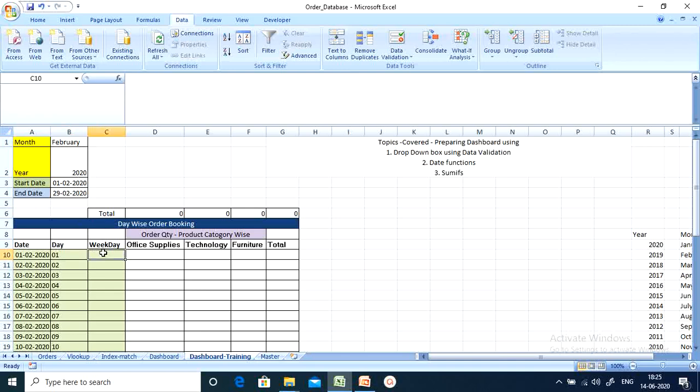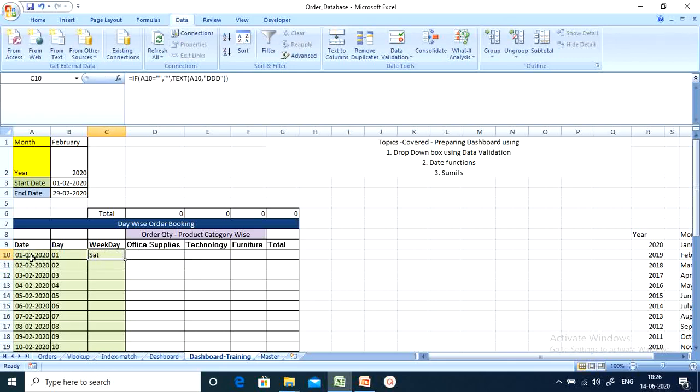Now I want to know the weekday of that particular date. So here I apply a formula again. First, an IF condition: if this is blank, I want to return blank, else TEXT, select this date, I want the days, DDD, close the bracket.